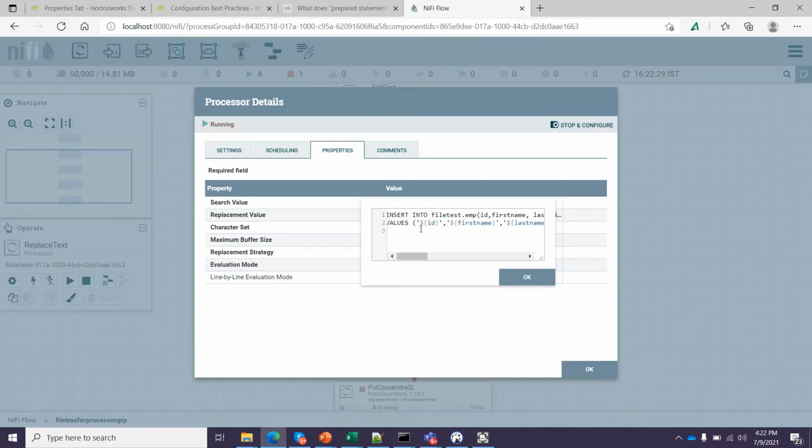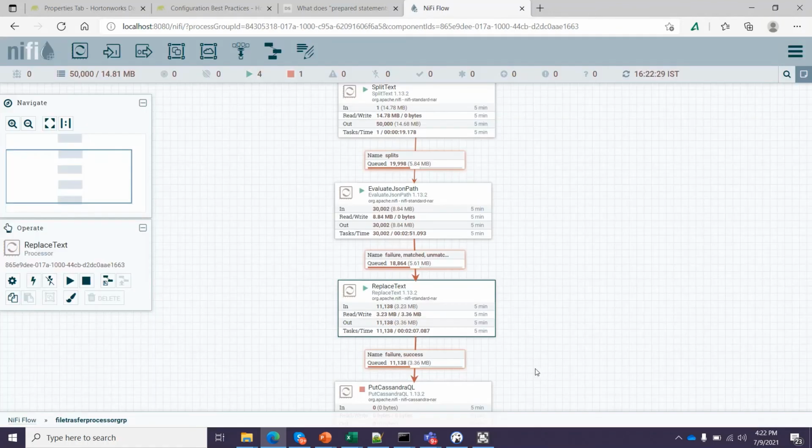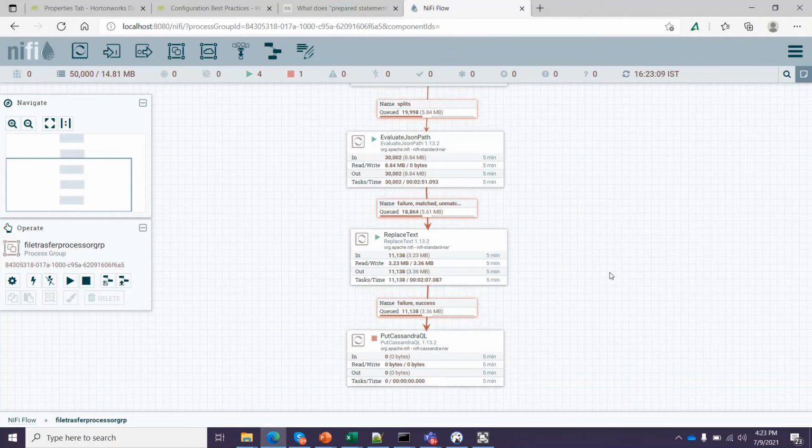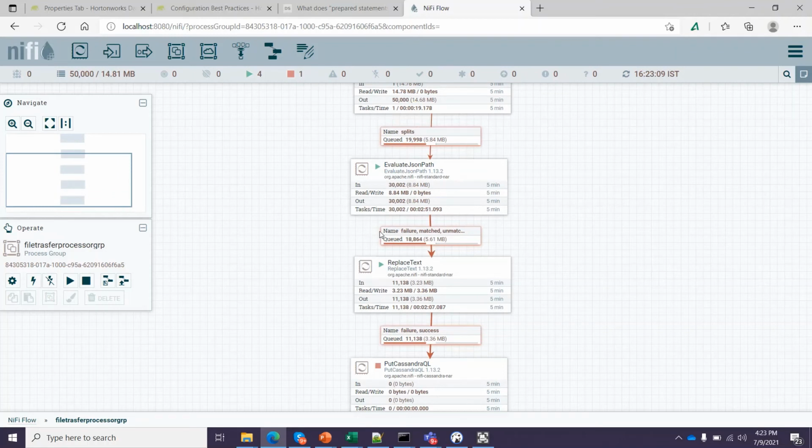And if you see here, this is the way I need to define my attribute or use my attribute in any expression. Whatever expression is created in Replace Text will go to PutCassandraQL. Let's refresh it. See, now each connection has some queues created on it.